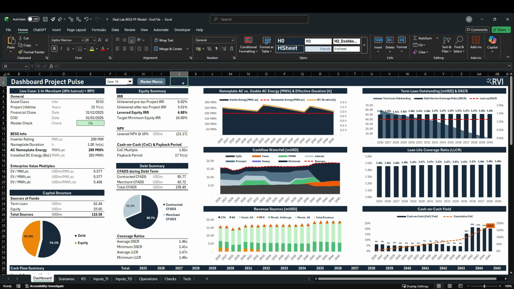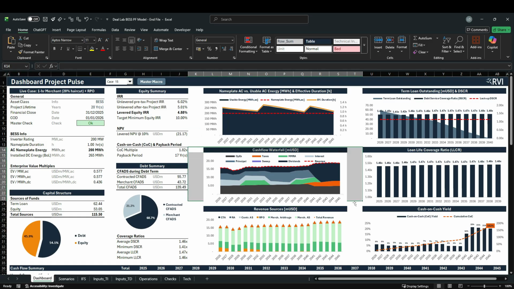In the previous lessons, we focused on the operating side of the model, all the different revenue streams and the operating expenditures that drive the cash flow waterfall. In this lesson, we move one step up the capital stack and look at CapEx, what it actually costs to